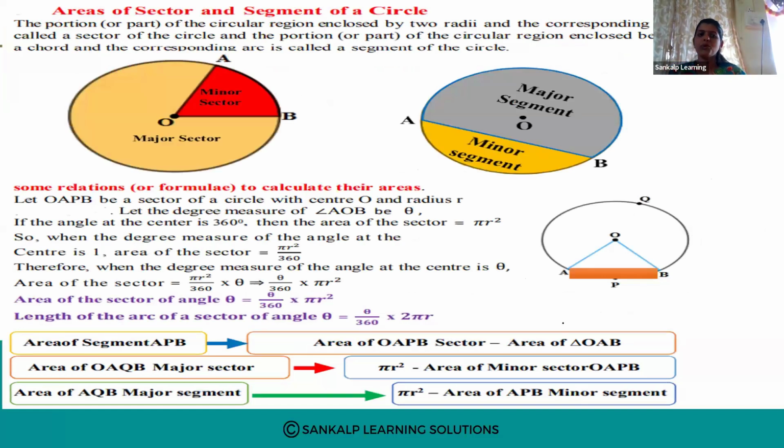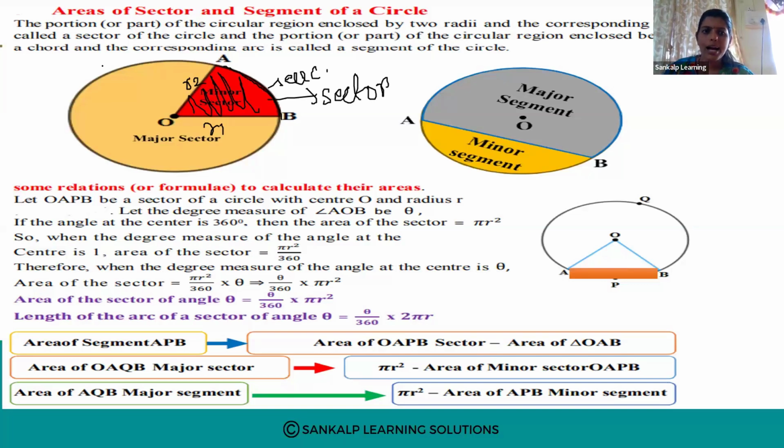Yes, this is a very, very important part. Okay, areas of a sector and segment of a circle. See, the portion of a circular region enclosed by 2 radii and the corresponding arc is called a sector. That we know. The area enclosed by the arc and 2 radii of the circle. So this is 1 radius and this is another radius and this is arc, right? So this is arc, and here the area enclosed by 2 radii and this arc, we call it a